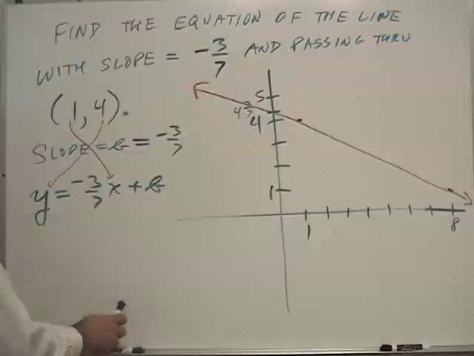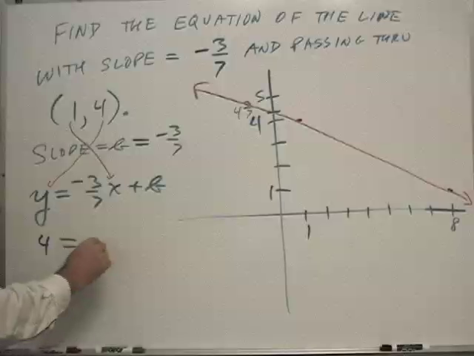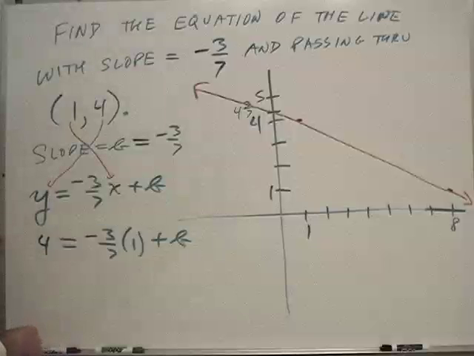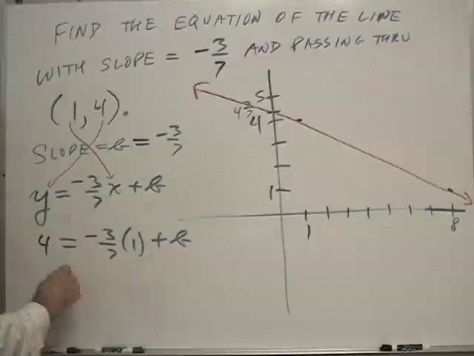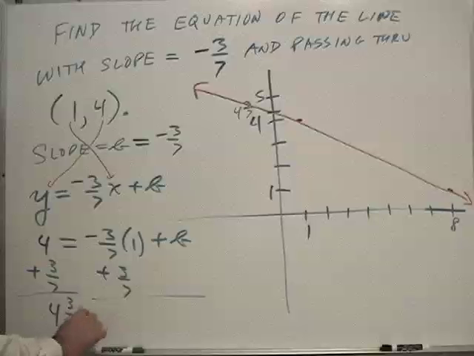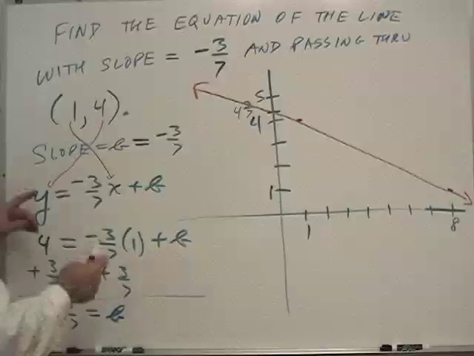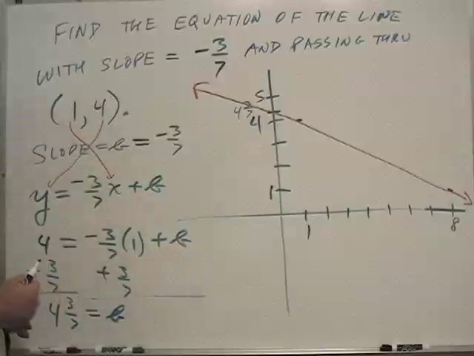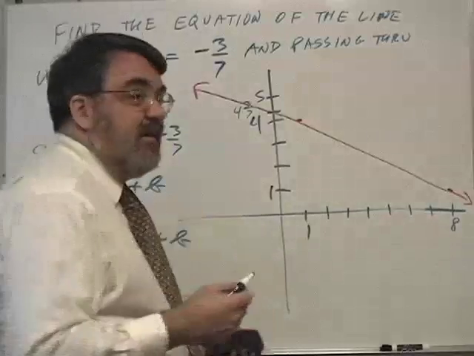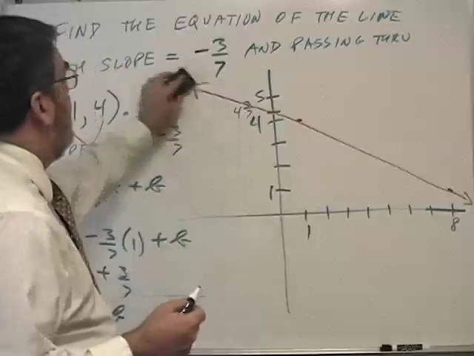So when we put those numbers in, 4 equals -3/7 times 1 plus b. This is minus 3/7. So if I add 3/7 to both sides to cancel, then I get 4 3/7 equals b. So in this case, we've solved for the y-intercept b by using the point information. Now we can write the equation of the line. Unfortunately, I have to erase to make room here, but the